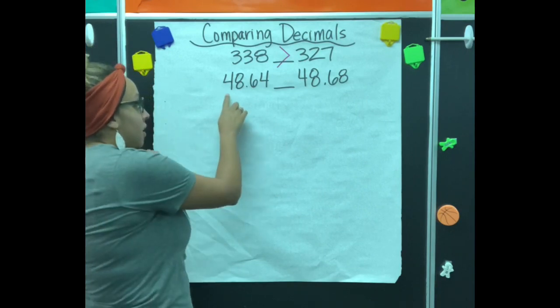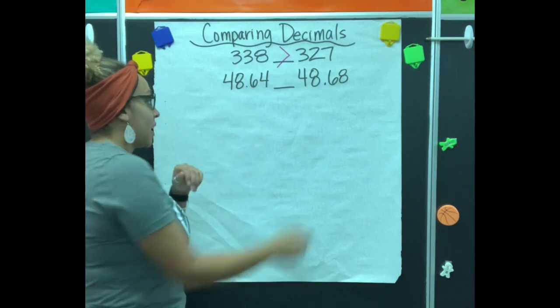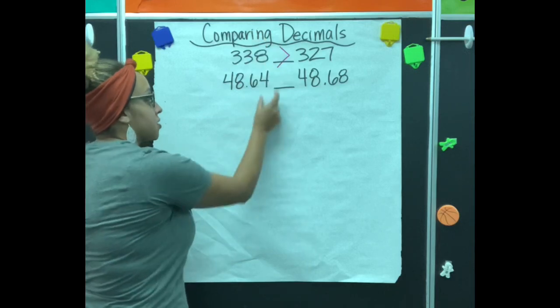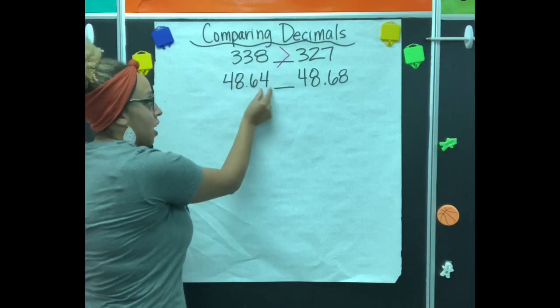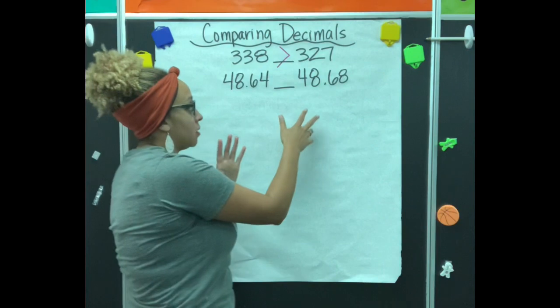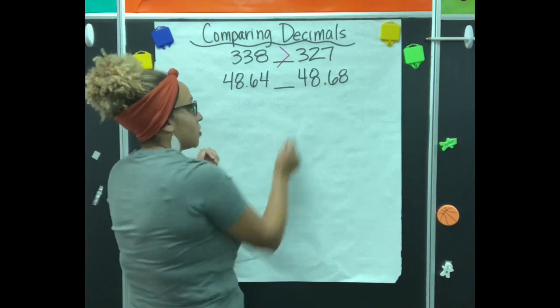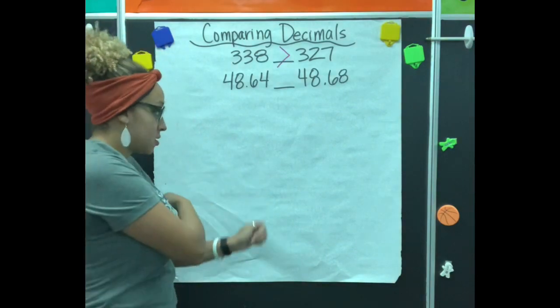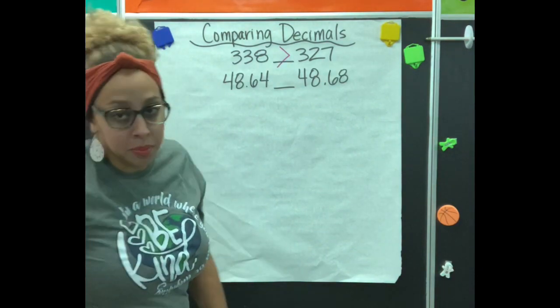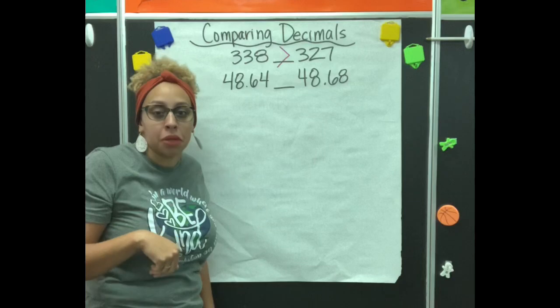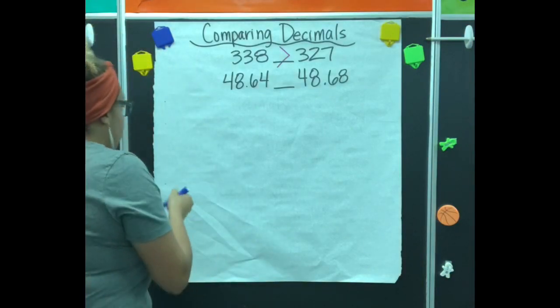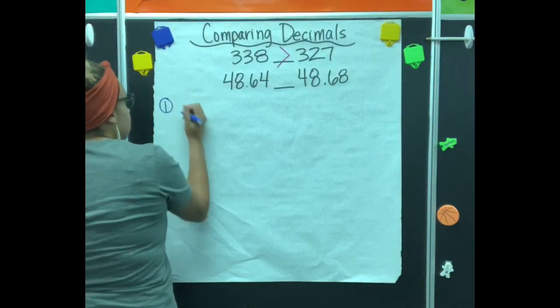We should have said 48 and 64 hundredths, because that's in the hundredths place, tenths, hundredths, compared to 48 and 68 hundredths, because that's in the hundredths place. So some of us might be like, Ms. Rasham, I already know, but sometimes we don't know, so we're gonna go through all of the steps. So our very first step is going to be